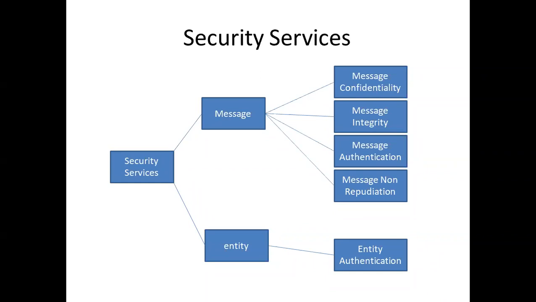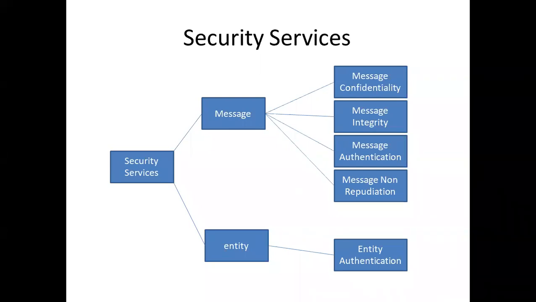It's like, you send some message from your web page, or from your email account, or from your chat ID, and later on say that I never sent it. It has never come from me. Now, the sender should not be able to deny that he has sent a message. That is called as message non-repudiation. Generally, even if the sender denies it, it is up to the receiver to prove that this data has come from the particular ID or from a particular sender. This is called as message non-repudiation.